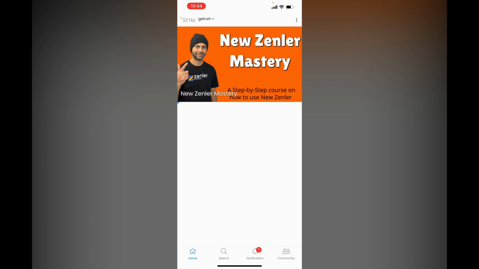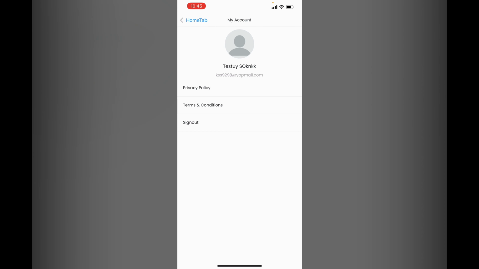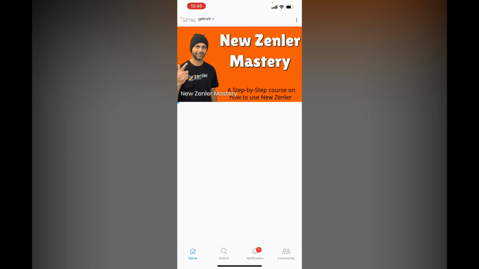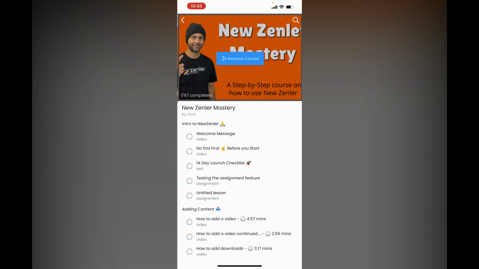Here at the bottom, you'll see the students have the option to search for lessons. They can look at their notifications and hop onto the community. In the top right corner, if they click on the ellipses, the 3 dots, they'll be able to go to their account where they can see their email and sign out. And then going back to the home, once I click on this course card,